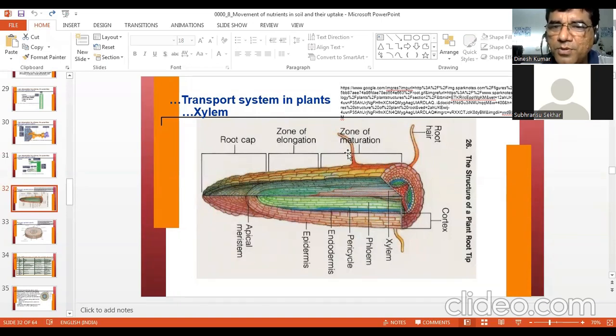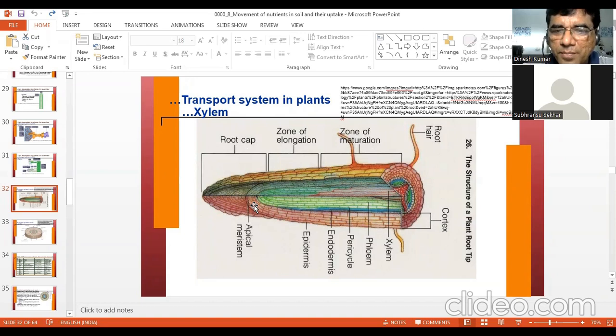This is the zone of maturation up to a certain length. And then the zone of elongation, this area. And then you get the root cap. This is a very general example of a dicot root. And then here this apical cap covers the apical meristem, where the cell division happens and cells multiply and root